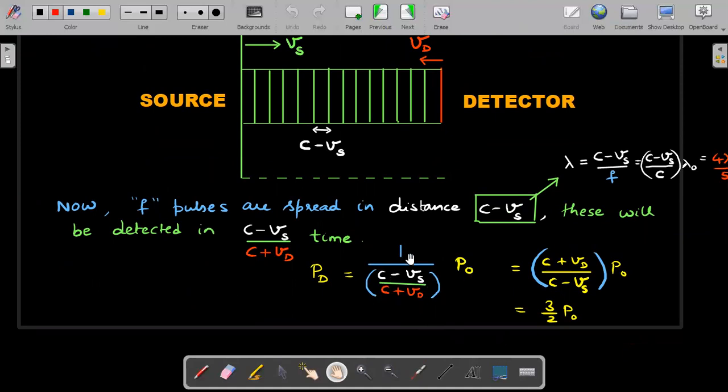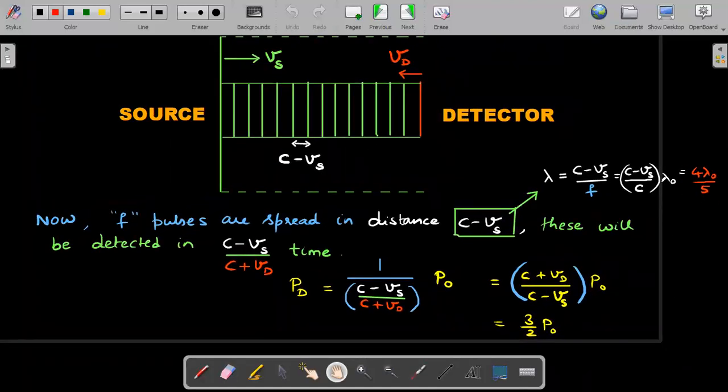It rearranges itself in the top, and you end up getting the same factor that you get in the Doppler effect. So you don't get a square here. Don't think that the power detected would be frequency squared. There's no mug-up formula like that. This is how basics should be used to solve this problem. You just substitute Vd is c by 5, Vs is c by 5, so you end up getting 6 by 4, which is 3 by 2. So 1.5 P naught is the power detected in comparison to when they are stationary. So lambda is 0.8 lambda and power is 1.5 P naught.